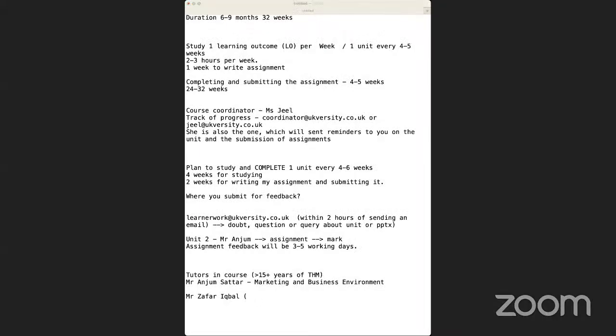Zafar Iqbal. He is going to be teaching units which are going to be related to, let me just put this in perspective, 2 of your areas specifically. And this is going to be academic and research skills, which is the first unit that you're going to start, and that is where the material will be uploaded today. And the second unit that he's going to be teaching you in this case is development of tourism and